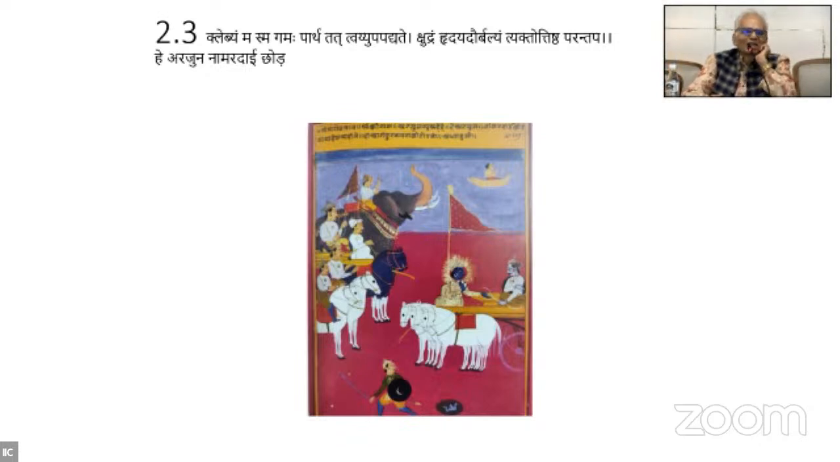This is what the translation says. "Klaibyam ma sma gamah Partha, kshudram hridaya daurbalyam tyaktva uttishtha parantapa." So all this, he would say, Arjuna, do not be a coward. Some other words are also there, but I could read this, and this translation is written on the top of